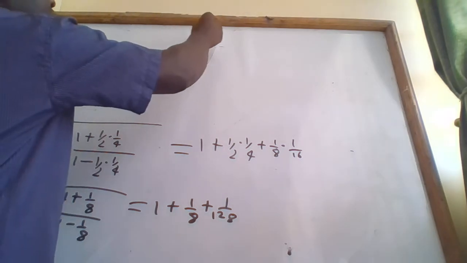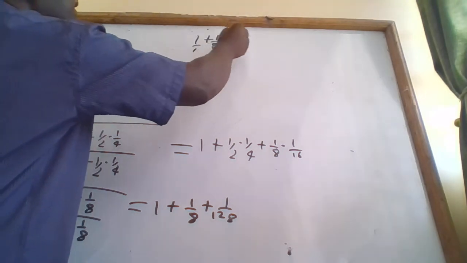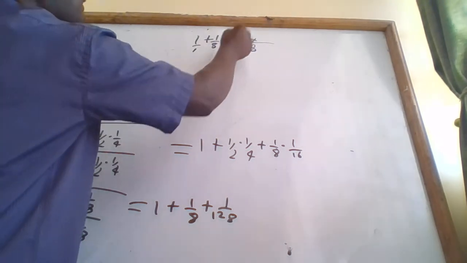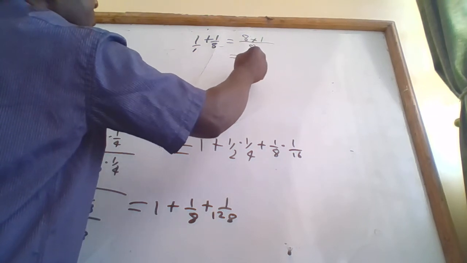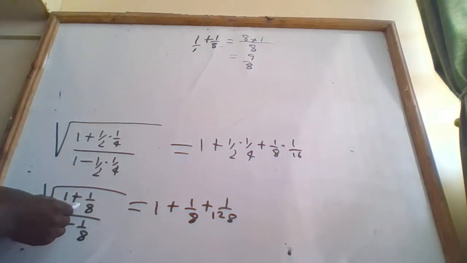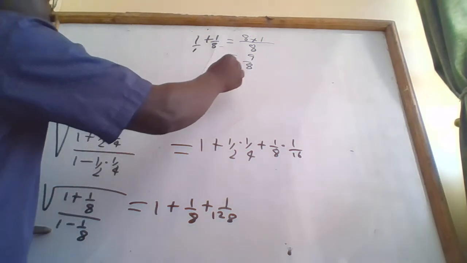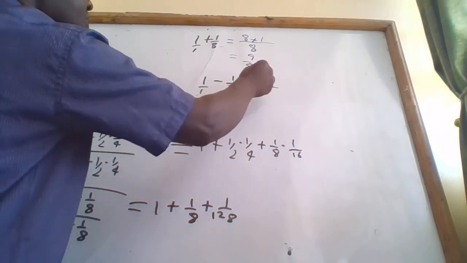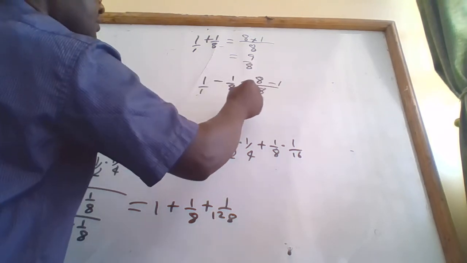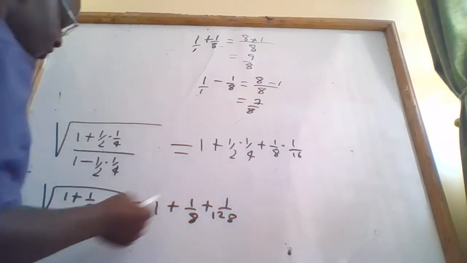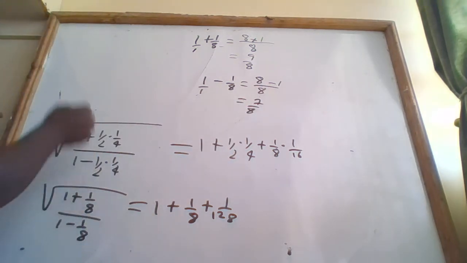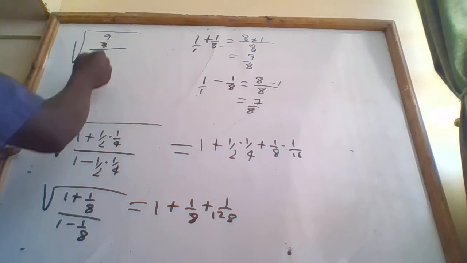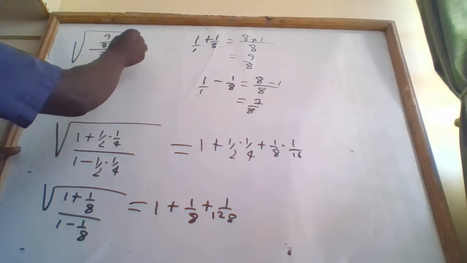So we have 1 plus 1 over 8. The LCM is 8. 8 times 1, we have 8 plus 1, so 9 over 8. So the numerator is 9 over 8. Denominator: 1 minus 1 over 8. The LCM is 8. 8 times 1, 8 minus 1, 7 over 8. So the denominator is 7 over 8. Therefore, we have the numerator 9 over 8 over 7 over 8